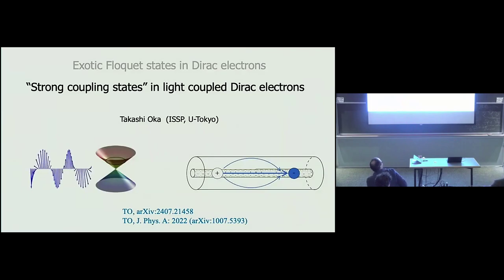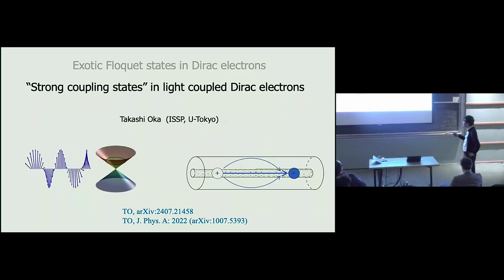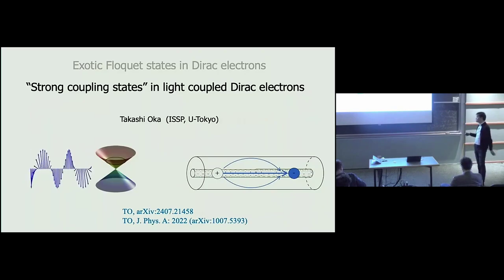So today I'll talk about this. I slightly changed my title from Fourier states to strong coupling states in light coupled Dirac electrons. Today I want to talk about basically two subjects. One is about some relativistic particle like electrons coupled to waves. This wave can be traveling and have some speed. And I will show you that if this speed approaches the speed of this relativistic fermions, there will be some interesting effect, like this